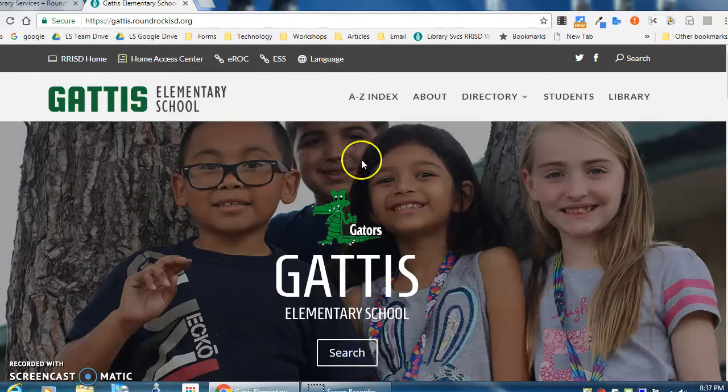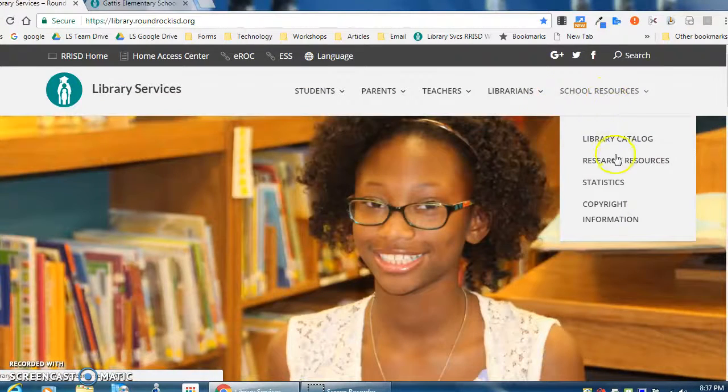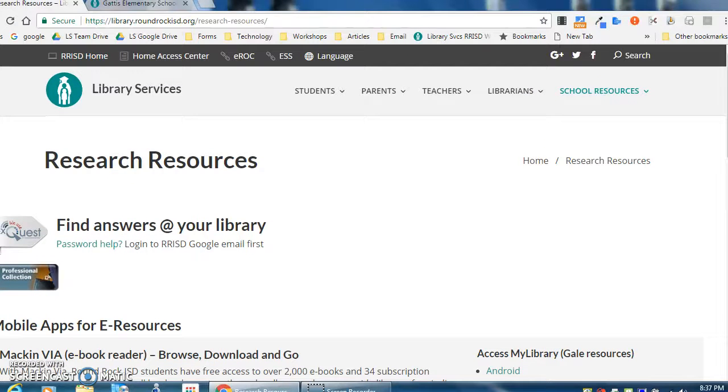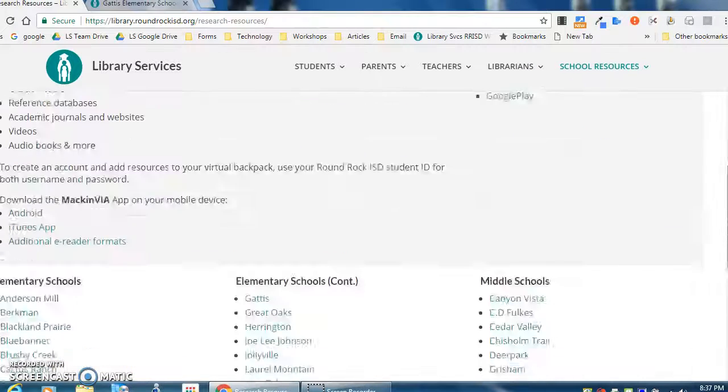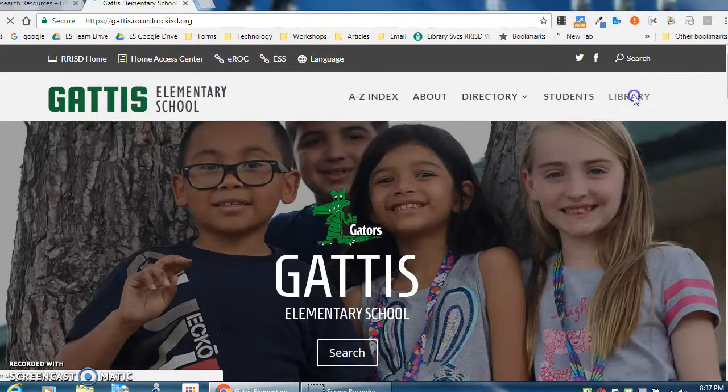I want to share with you a quick and easy way to find your research resources in online databases. You can do it from your campus page or from library services. You go to school resources, research resources, and then you can choose your campus from there. Or if you're on your campus page already, simply go to the library,